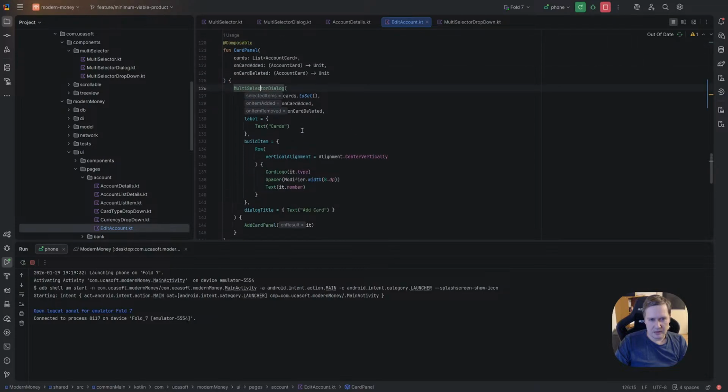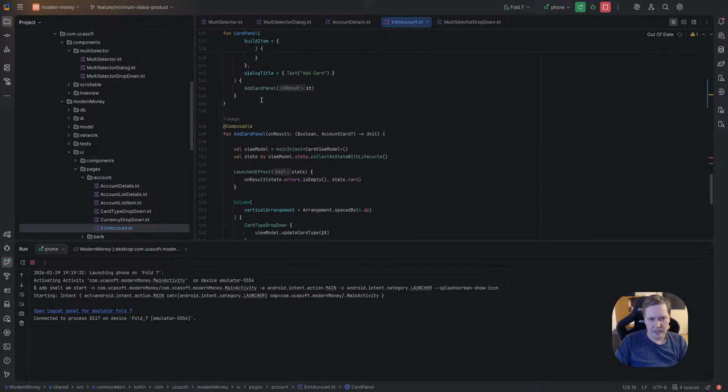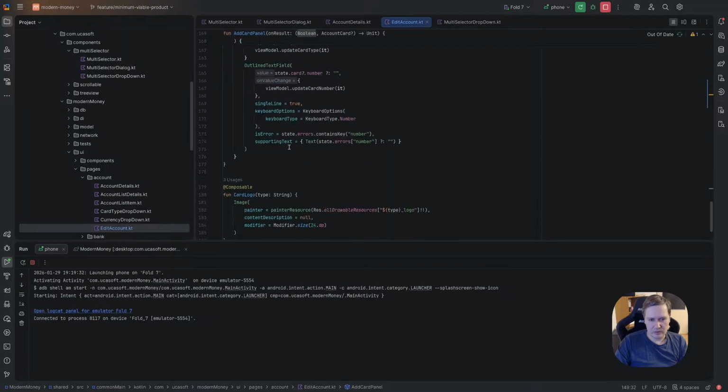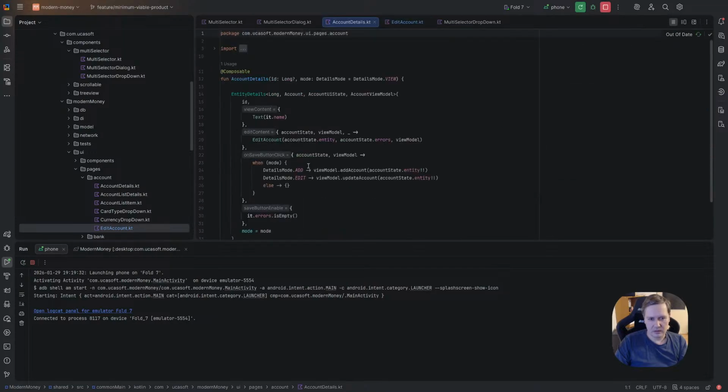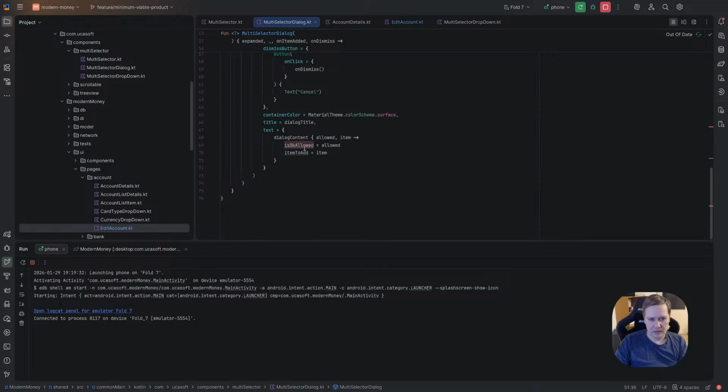and here we provide add card panel, and a boolean, can we do it or not? Multi-select dialog. So here if it's allowed and item to add.